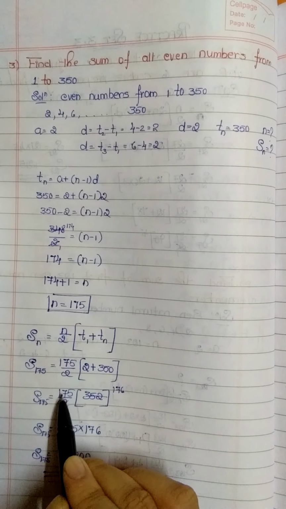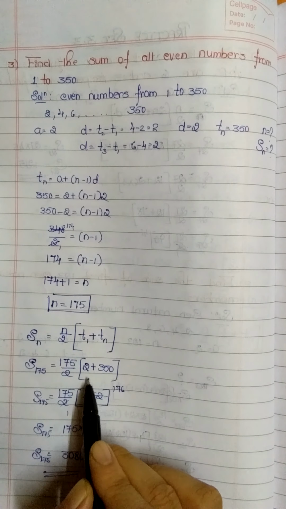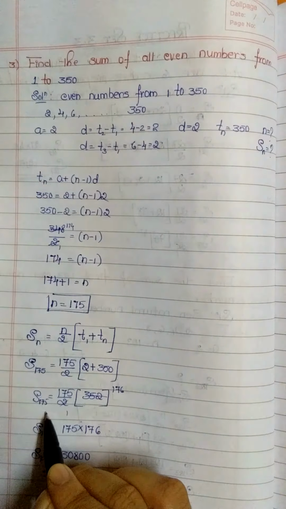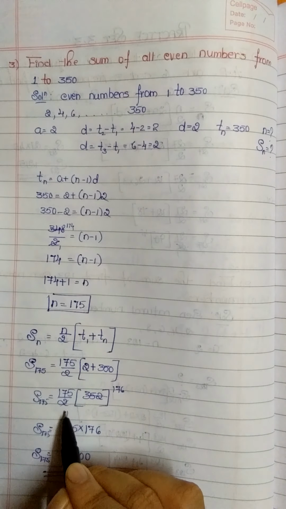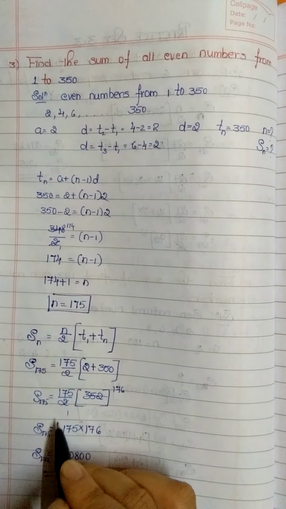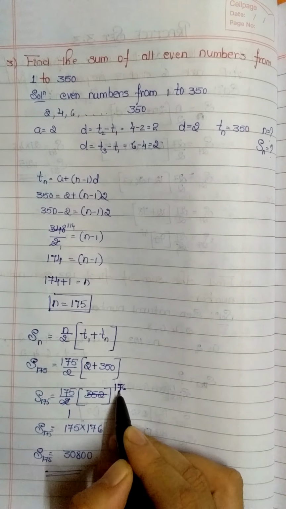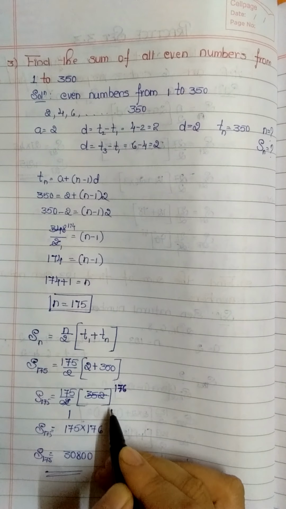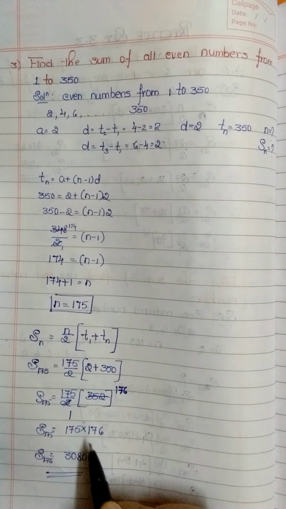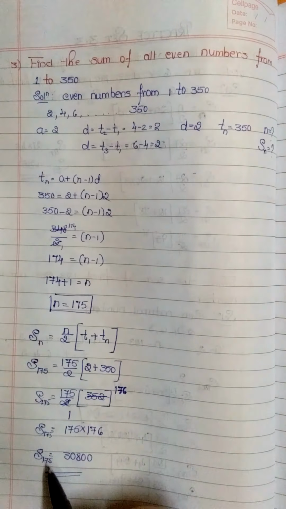So n is equal to 175 by 2 into first term 2 plus last term 350. So S175 is equal to 175 by 2 into 350 plus 2, 352. Now 2 ones are 2, 176s are 352. So S175 equal to 175 into 176. When we are multiplying these, we get